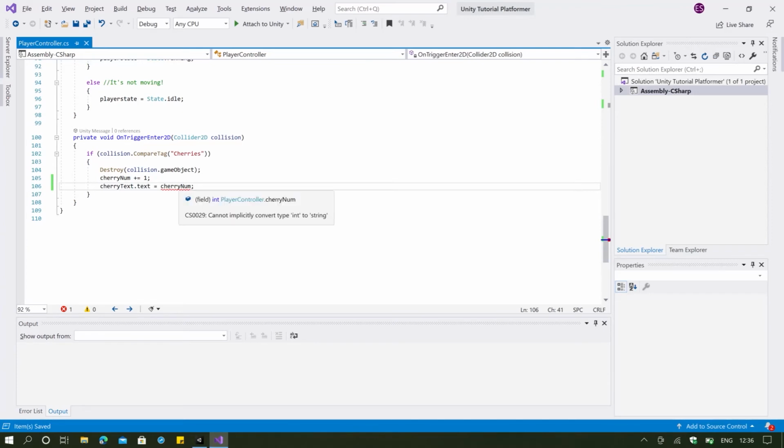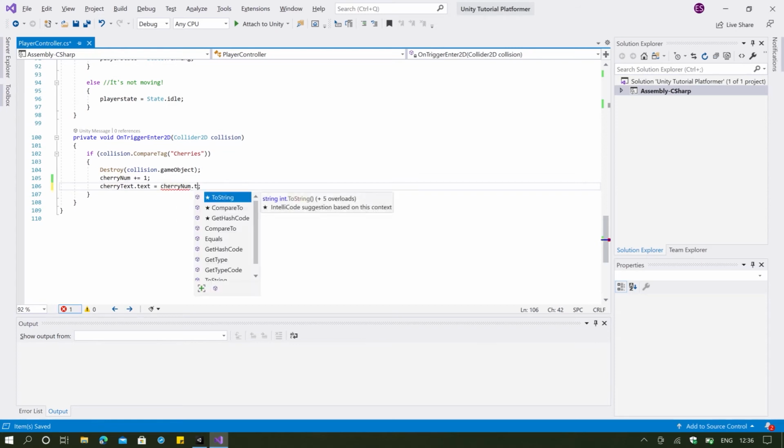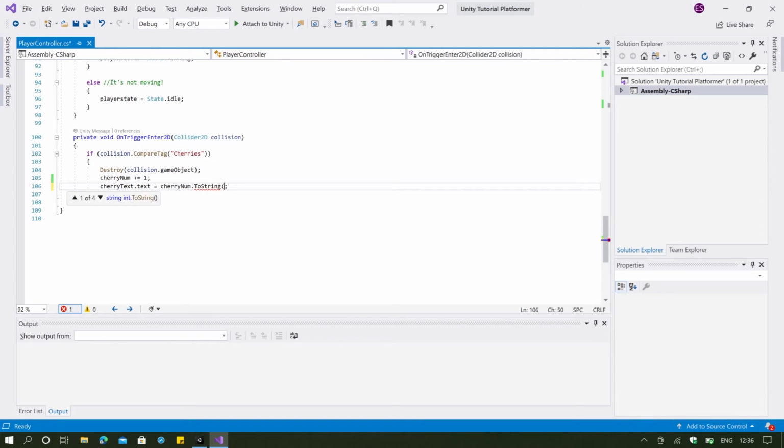However, it's gonna show us a red line, and it's gonna say cannot implicitly convert type int to string. Well, actually you can. You can just type in at the end ToString with a bracket so that it knows that we're calling a method. And you might be wondering, why don't we just use all our ints as strings? Well, that's a good question, but the main problem with this is that if you're trying to add our numbers,